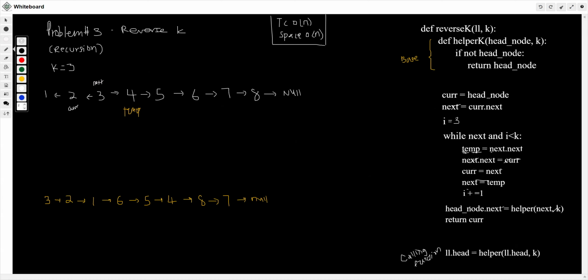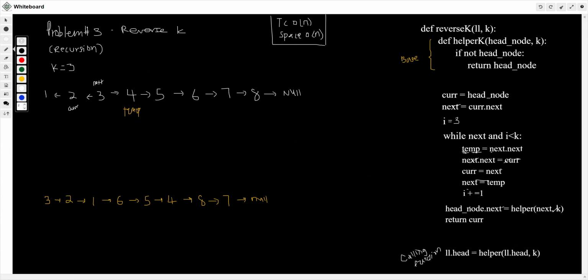But we are returning current, because current will be the head node, the head of the linked list that we return. So we need that returned. Essentially, the code chops this linked list up into k chunks